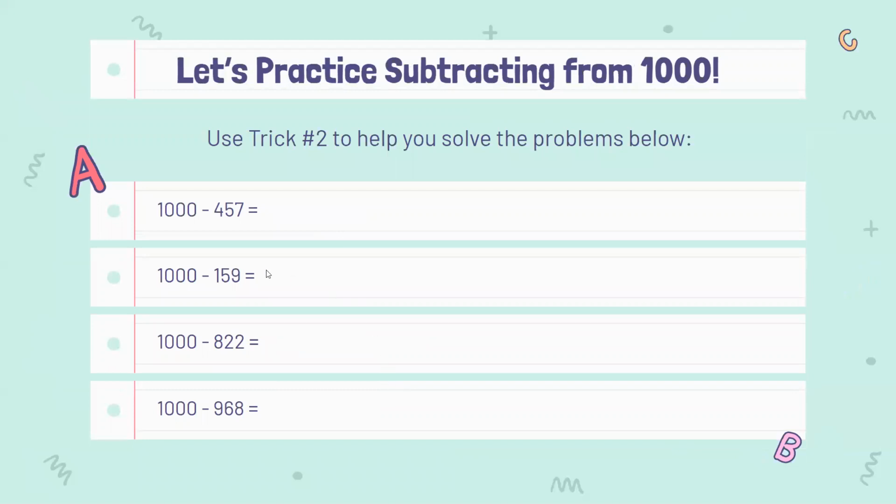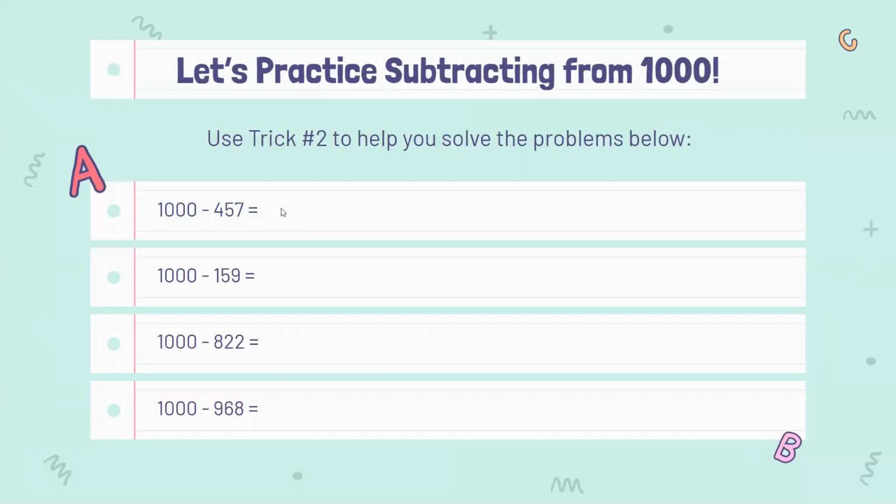Let's practice subtracting from 1,000. We'll use the trick of first subtracting 1 from 1,000, then subtracting 1 from your number. So in this case, it would be 999 minus 457 minus 1. 457 minus 1 is equal to 456. So 999 minus